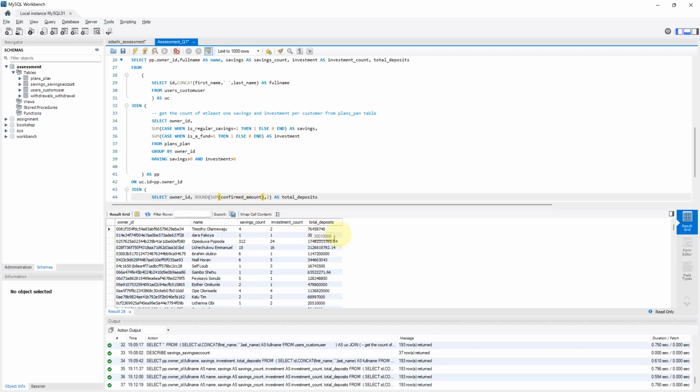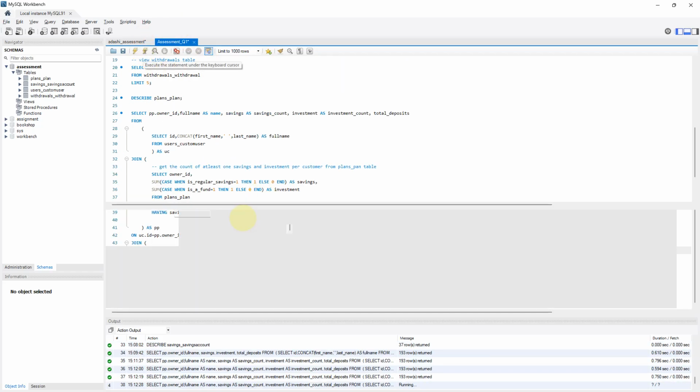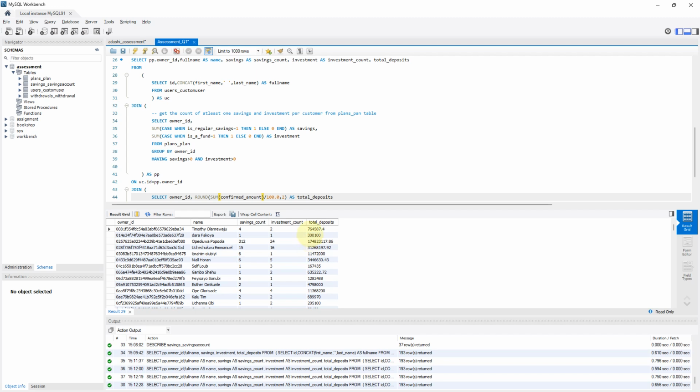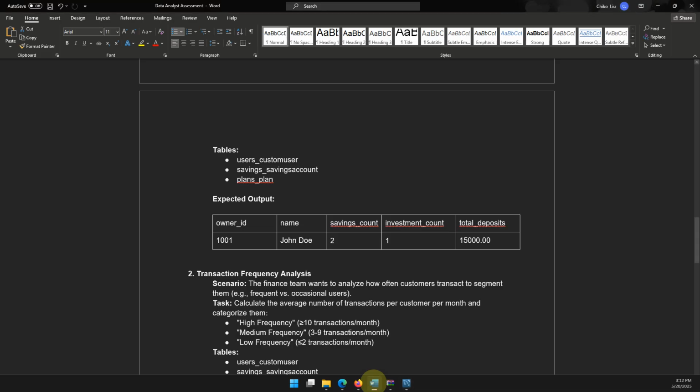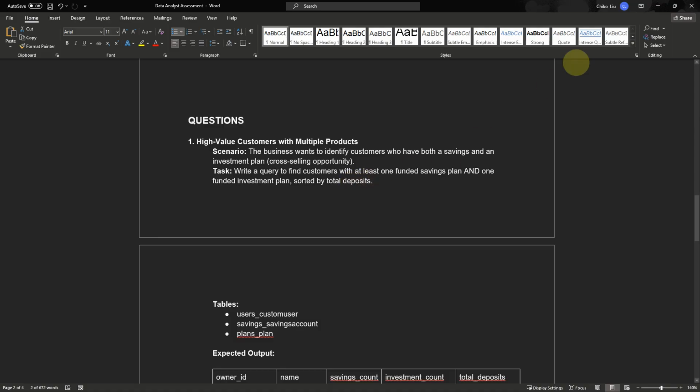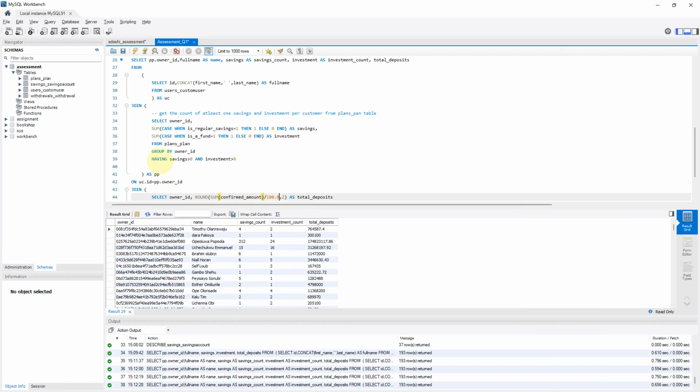I'll get a very large sum, so it's not really wise to do that. Okay, they say I should sort by total deposit. So at the end of this query,